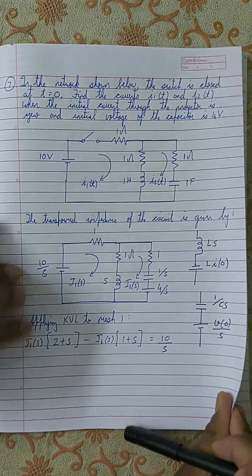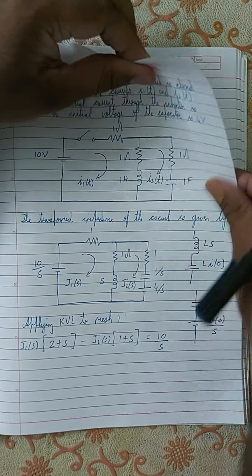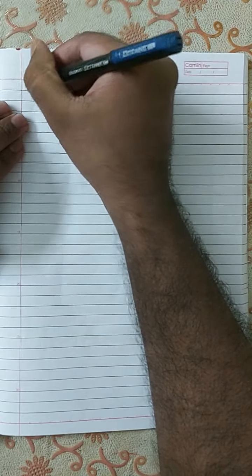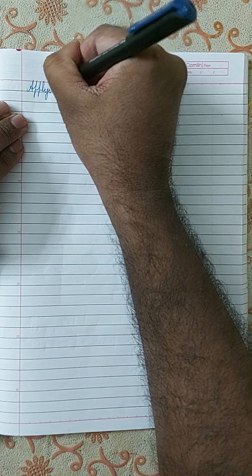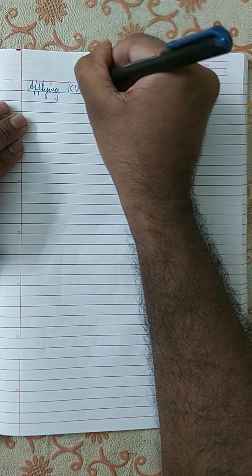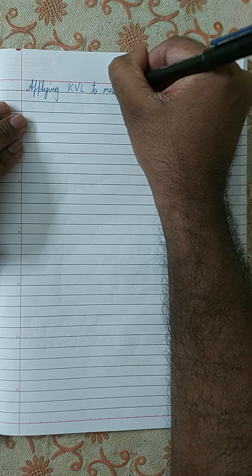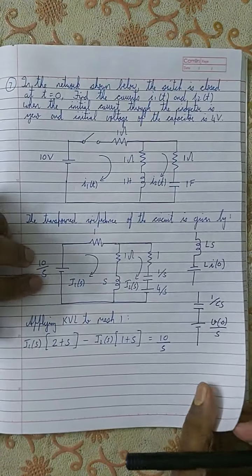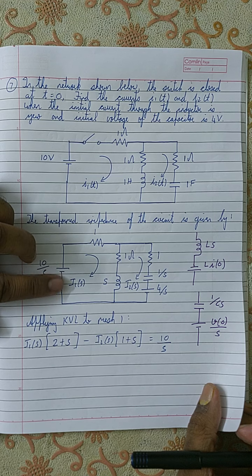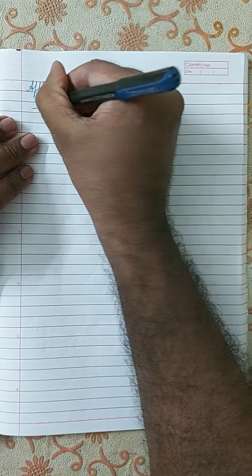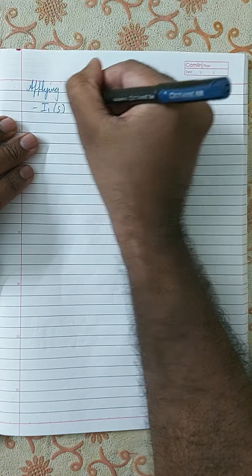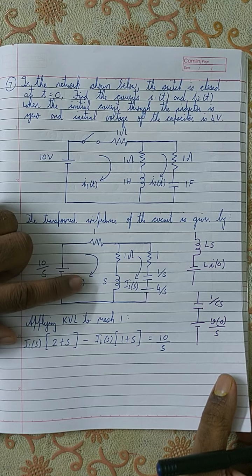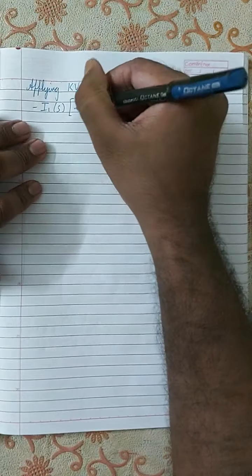Let's see. What is the equation for mesh 2? It is applying KVL to mesh 2. So what do you get? Let me see. It becomes minus I1 of s; for mesh 2, I1 of s is negative and I2 is positive. So minus I1 of s into, let's see, we have here 1 plus s or s plus 1,